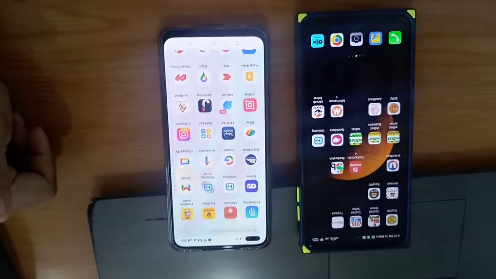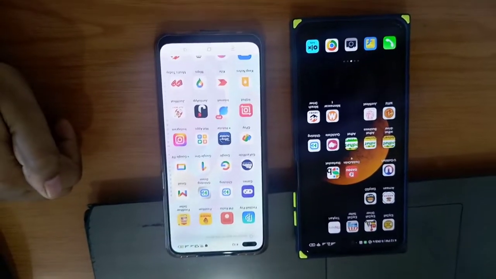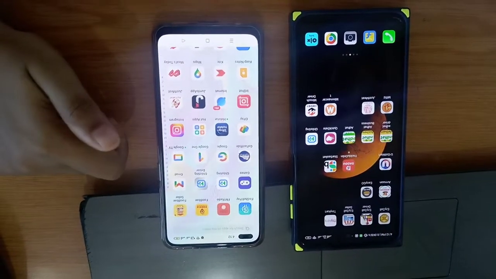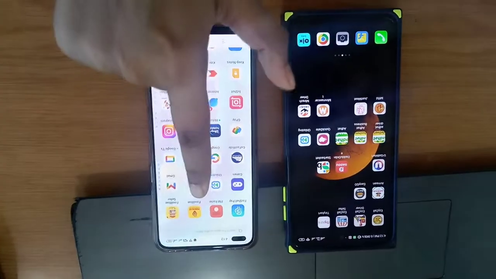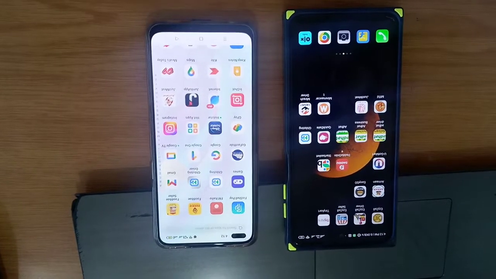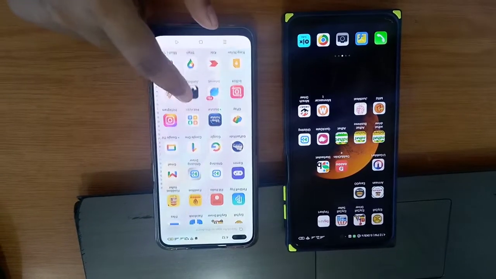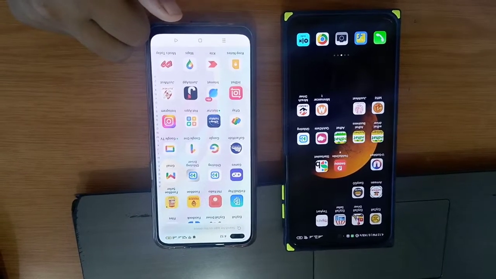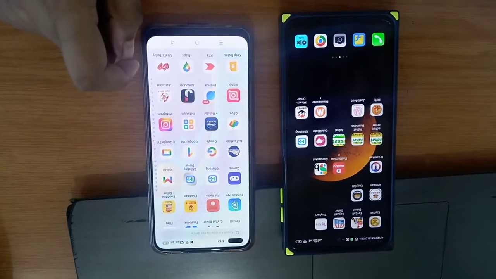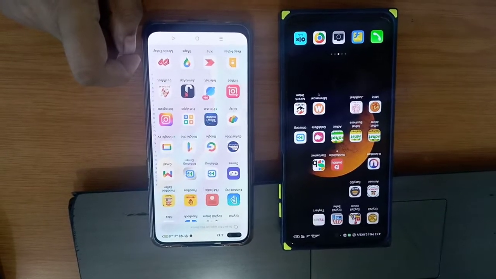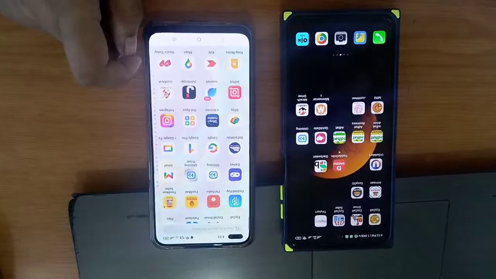Hello sir, this is our app GH Listing, and in this video we are going to show why we need the location background permission. This is the user app and this is the driver app. The driver app is a taxi driver app. To let us receive the new notification for booking, we need the location background permission so that the taxi driver can receive the booking even when the app is closed or not in use.